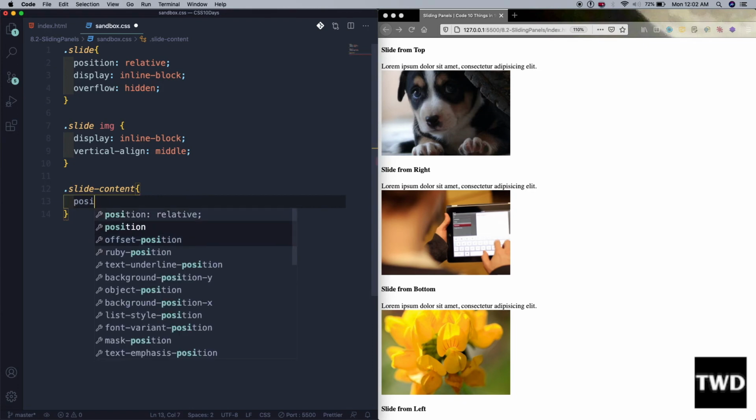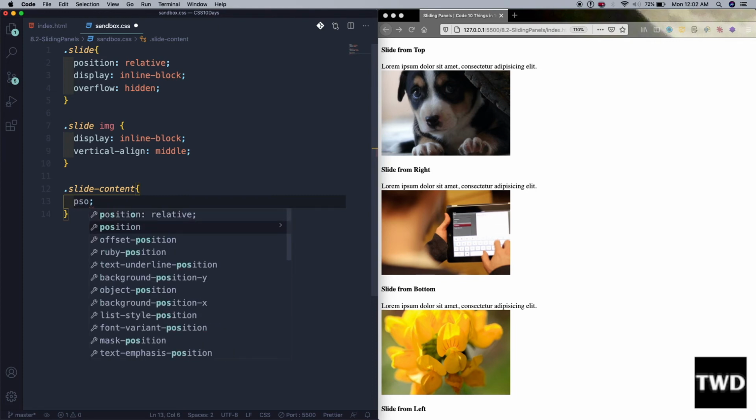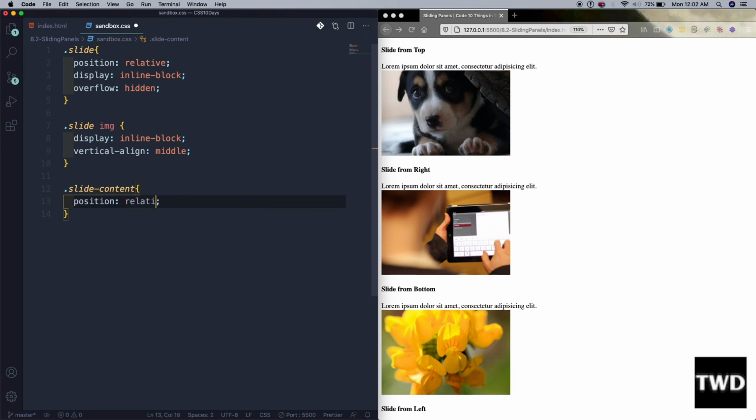Position is, oh, not this, position is again wrong, absolute, top is 0, left is 0, right is 0, bottom is 0,